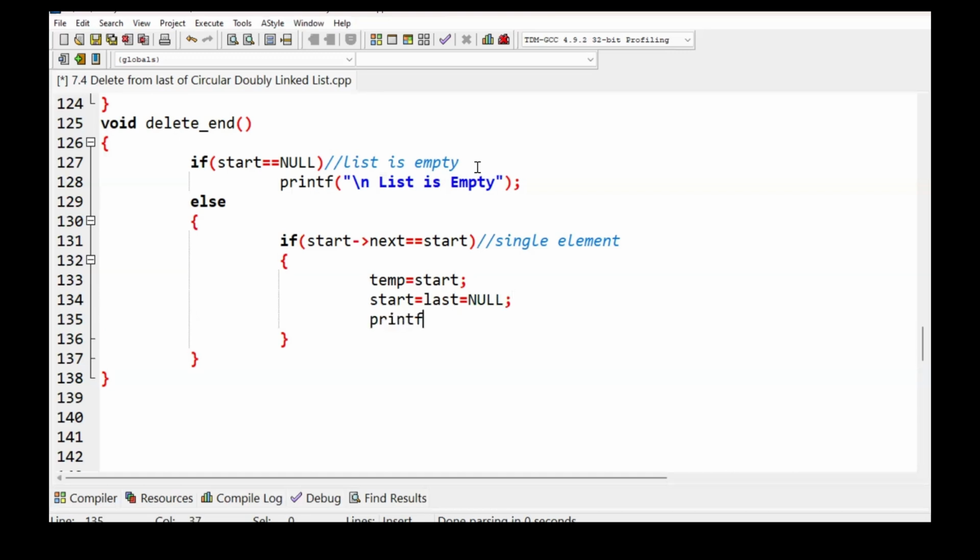Before deletion, we have to print the value which is going to be deleted. So percent d. Here we have to access that in info. We access the value. Then free. Free is a function present inside the C library to release the memory occupied by temp. So this is the if part. If part is over, then else means